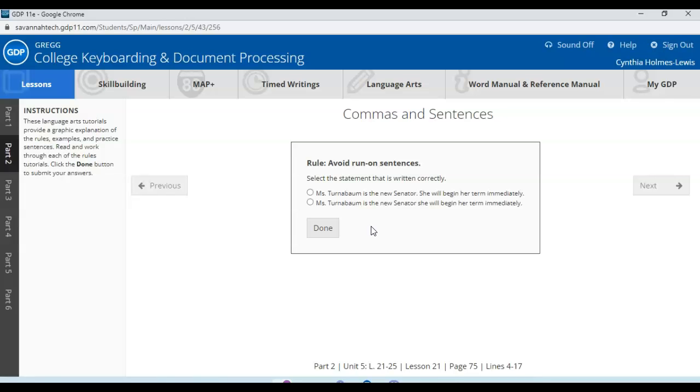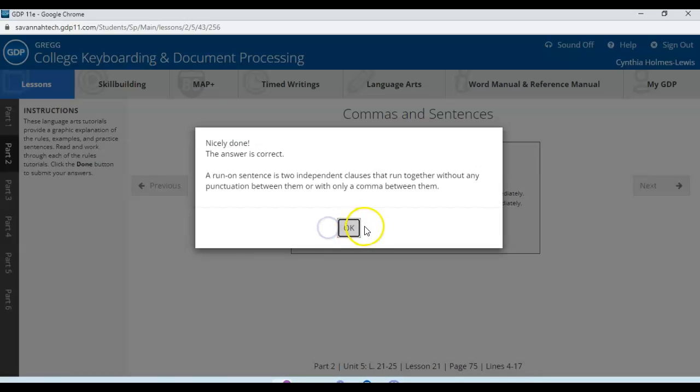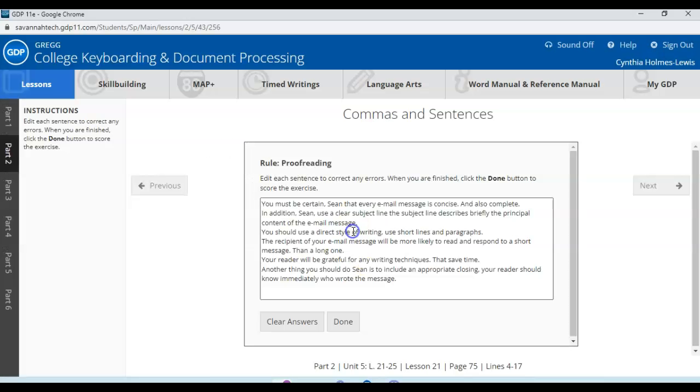Choose the best and the most correct sentences. Okay, Mrs. Turningbaum is the new senator. She will begin her term immediately. I'm choosing the first one. That's correct. Nicely done. Okay, so with that being said, after you've done all your fragments, your run-ons, and your